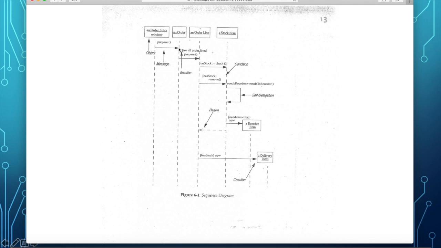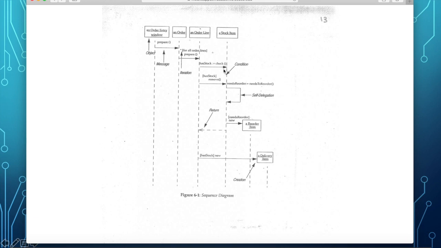So notice here that there is an amount of time that is spent in processing that prepare order. See here? So at the end of this processing time, it will pass on the prepare with some information, probably given in the previous message, to be passed on to another object called an order line. And it will be received and later has a function that needs to be returned called check. So check is a function in this object,